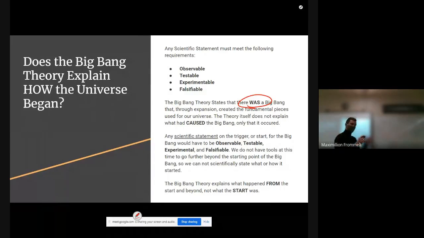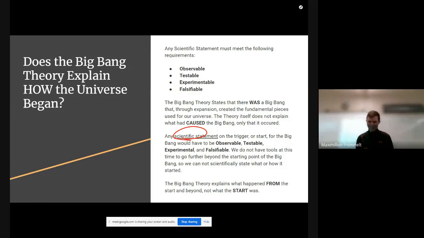Bang. And from that expansion, things began to cool, and our base forces then began to form. The actual Big Bang Theory explains what happened from that point and moving forward. The theory itself does not explain what caused the Big Bang, because we don't have tools that are advanced enough in order to make that kind of scientific statement. If we had some kind of scientific statement for what made the Big Bang, it would have to be observable, testable, experimentable, and falsifiable. And so, in a strange twist, in order for us to have any form of scientific statement on what started the Big Bang,